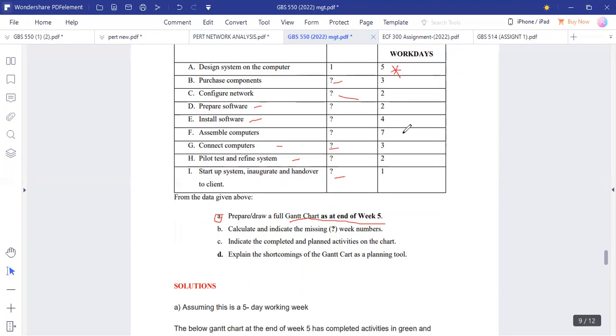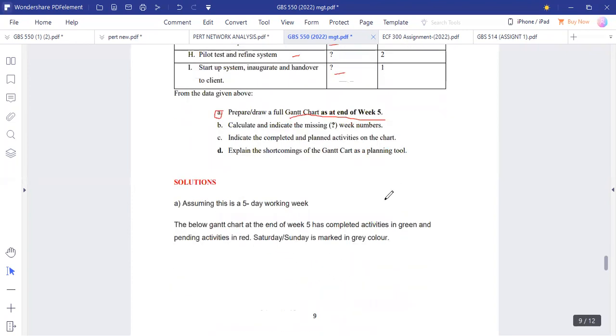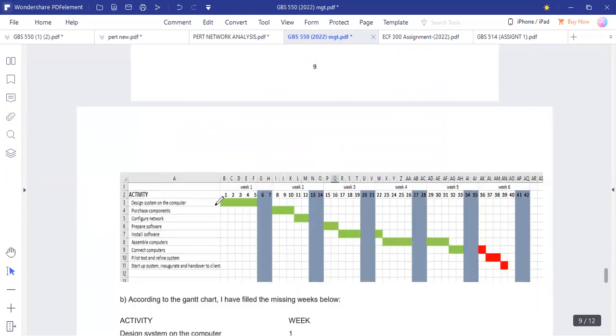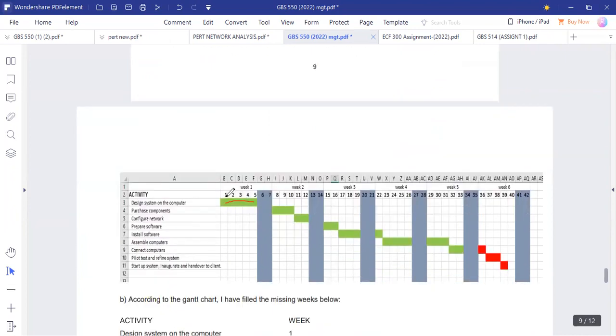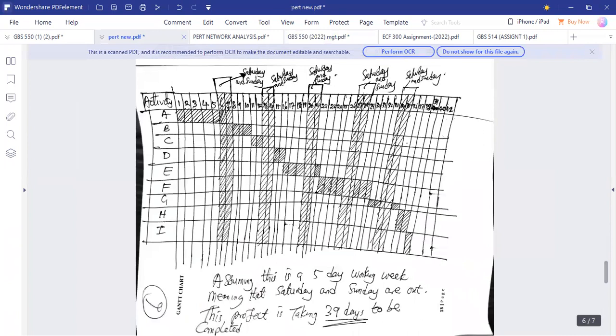So now let us get into a full analysis of what is happening here. You can see, assuming a 5-day working week, meaning for designing a system on the computer, it's 5 days, so it's done in week 1. So these are the number of days, 1, 2, 3, 4, up to 5 days. That's why we have shaded this part. Okay, so similarly, as we get to this other document, on the flip side,